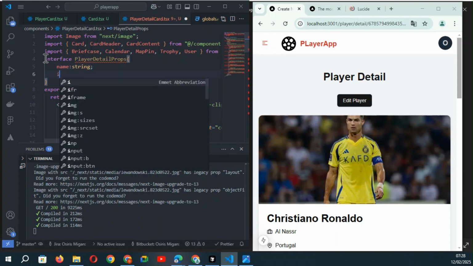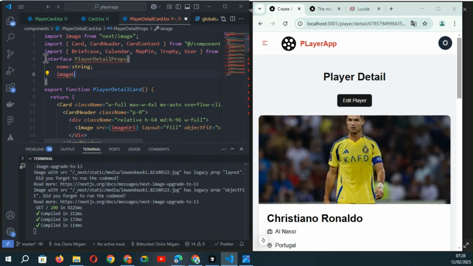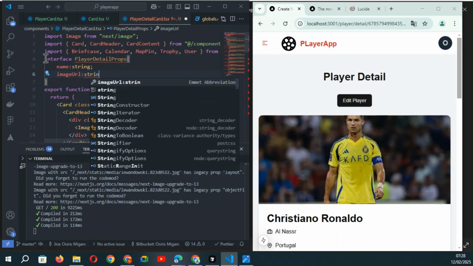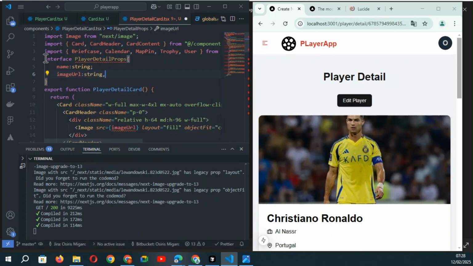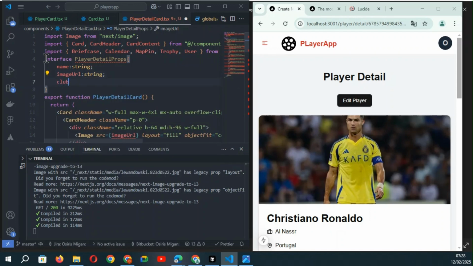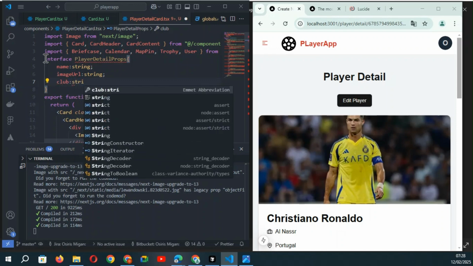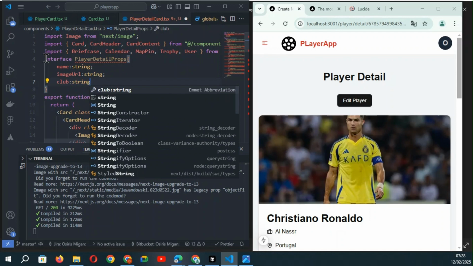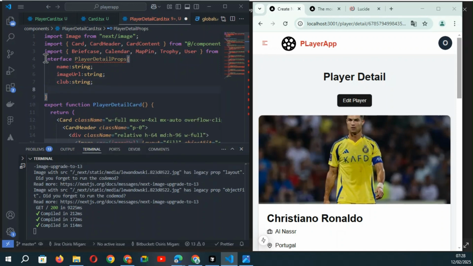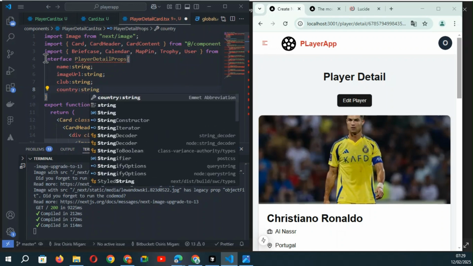After, I have the image URL of the player, string. Now I have the type of the player, string again, country of the player, string again,